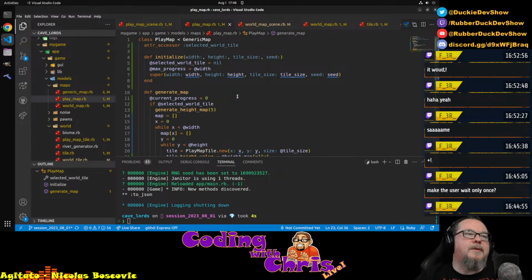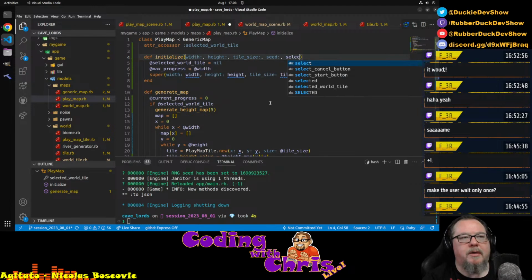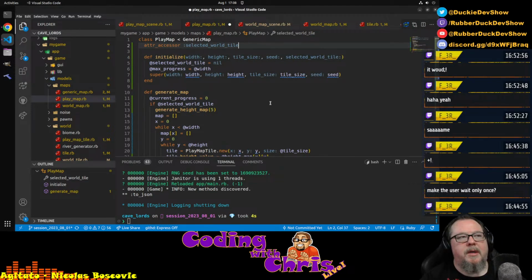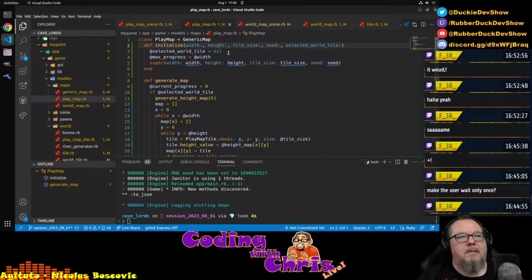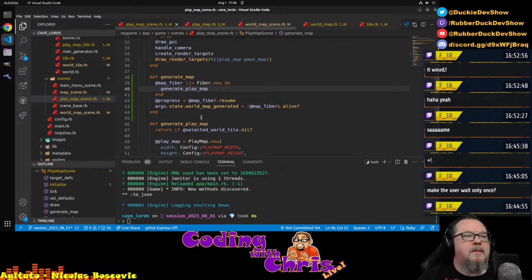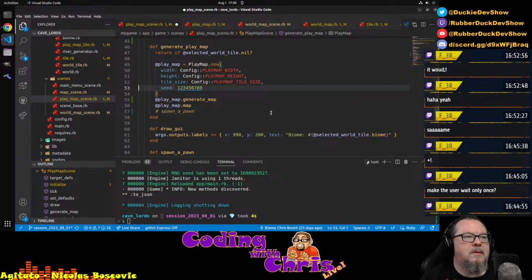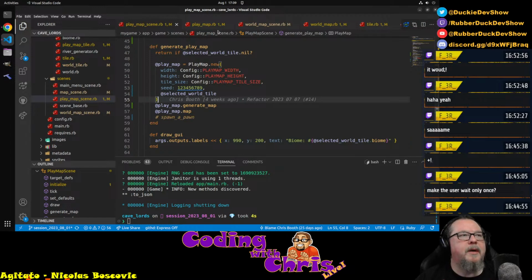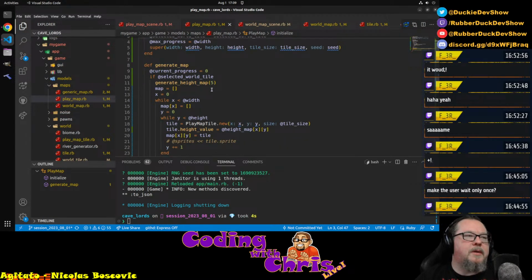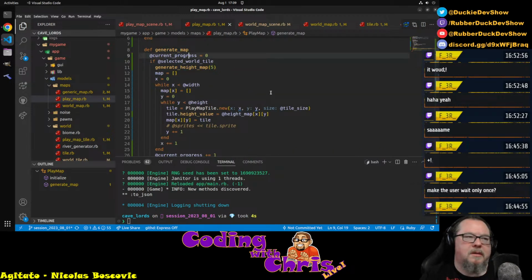In the PlayMap itself, because this is where I will be putting in the selected world tile. Why am I not just passing it here? It's kind of dumb. So then I need to just pass it. That's better. And then in the play map, what I want to do when I generate the map is